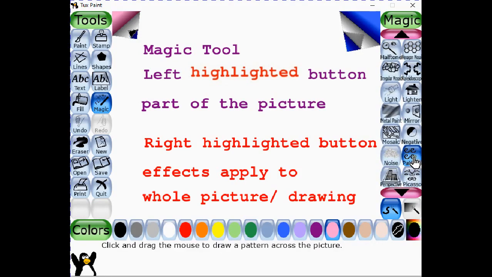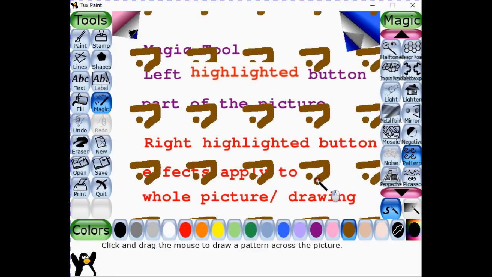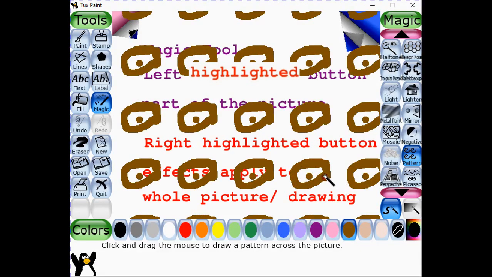Like this, if I select this one, I want to show you the right-hand side highlighting which applies to the whole picture. I will show you again afterwards, but let's add this pattern. I selected the brown color. Again it will add some effect. You can see it added some pictures, some of the options to my effect.